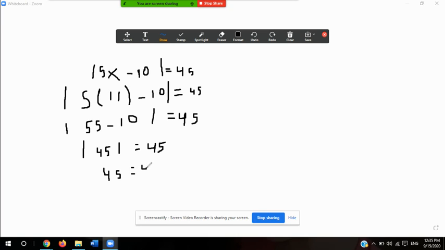Now we're going to try the same thing, but with negative 7. So we simply say, well, 5 times negative 7 minus 10 equals 45. And of course, all this on the left hand side is all in the absolute value parentheses. So this is really not that hard. It's kind of repetitive. So this would be negative 35